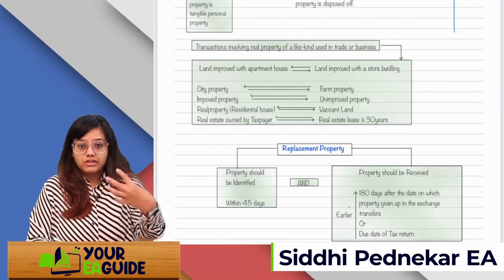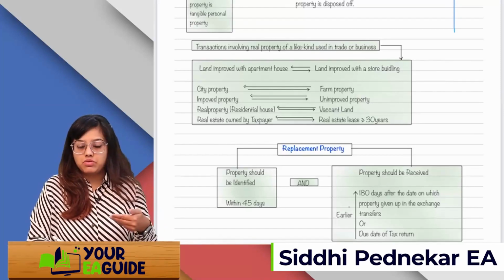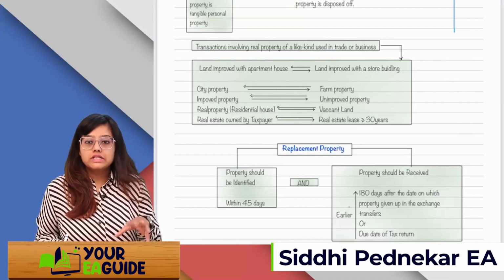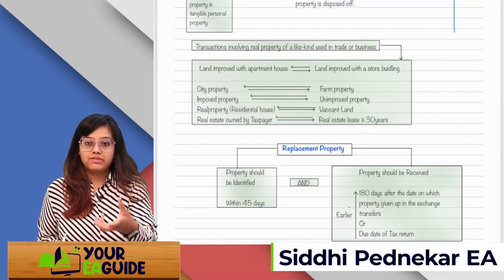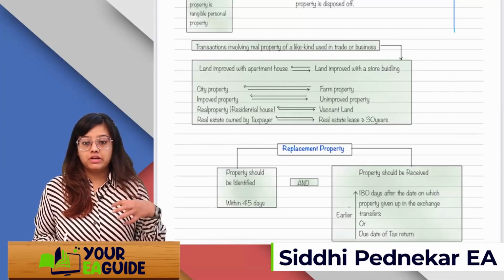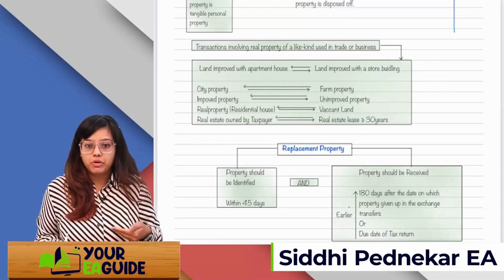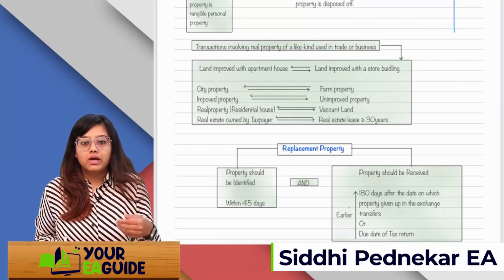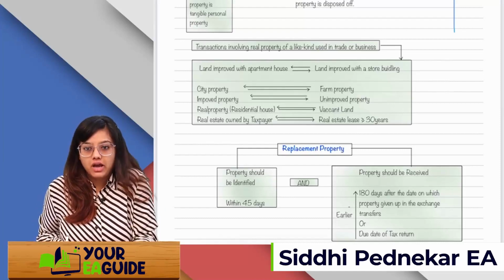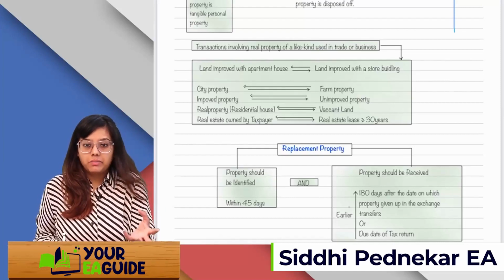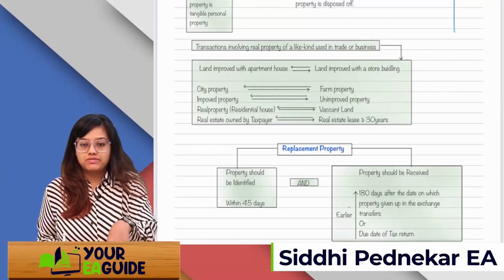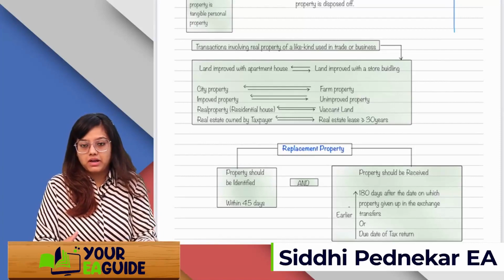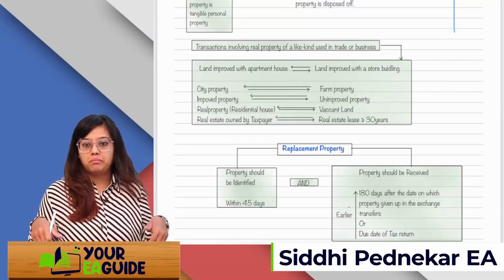And if you're giving that and receiving a business property, a land which is improved by a store building, or else you are giving a city property and receiving a farm property. You are receiving unimproved property and giving an improved property. You are giving a residential house, real property, and you are receiving a vacant land. You are just giving a building, a residential house or apartment, and receiving just a plot of vacant